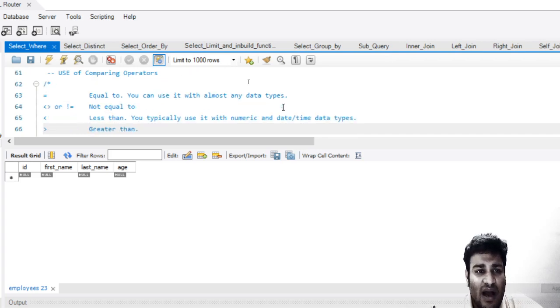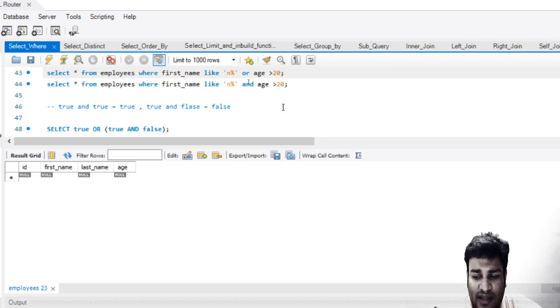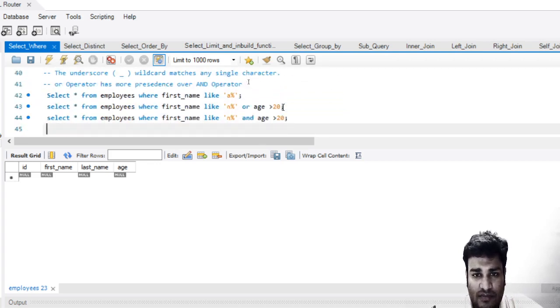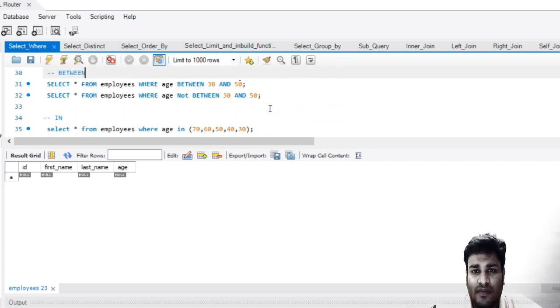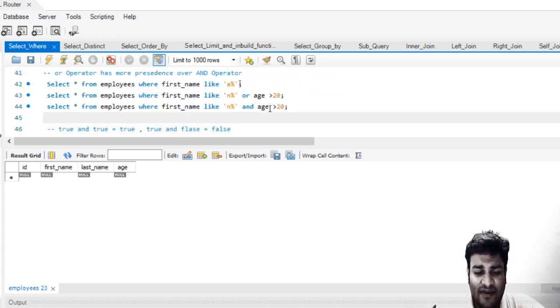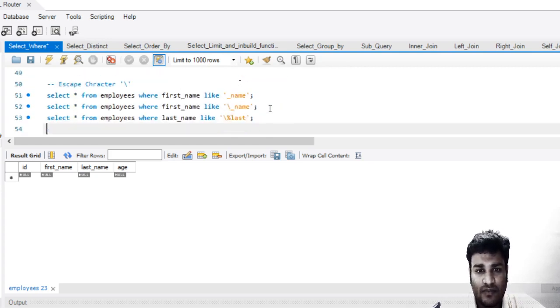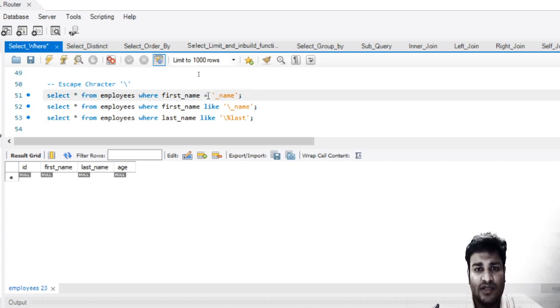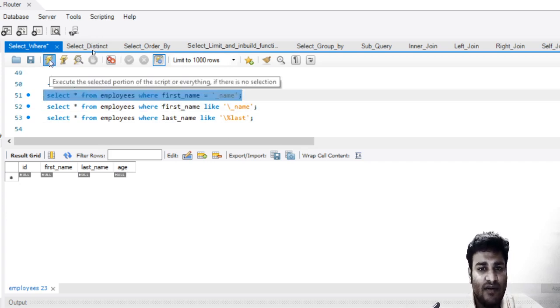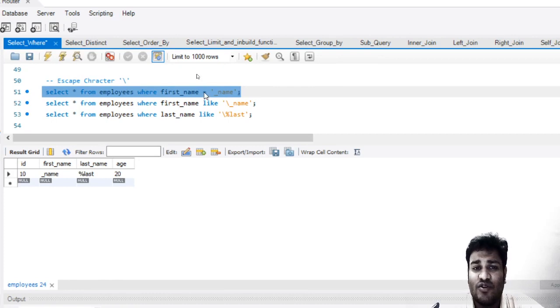Again, you can see over here that we are using some operators such as greater than. We can even use an operator such as equal to. So rather than LIKE, we can also say where name equal to this. Now if I run it, it will show me this name. These wildcards work only with the LIKE statement. You have to remember that these wildcards do not work with equal to.